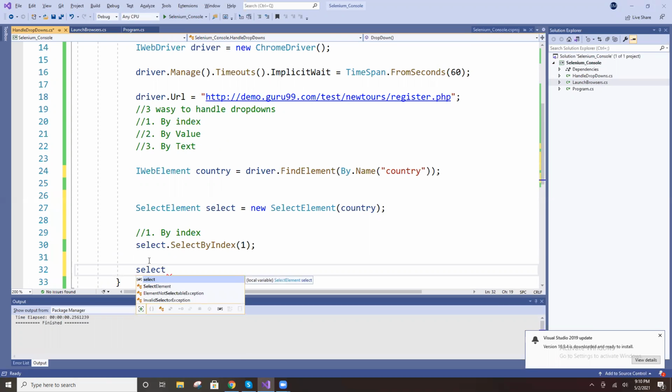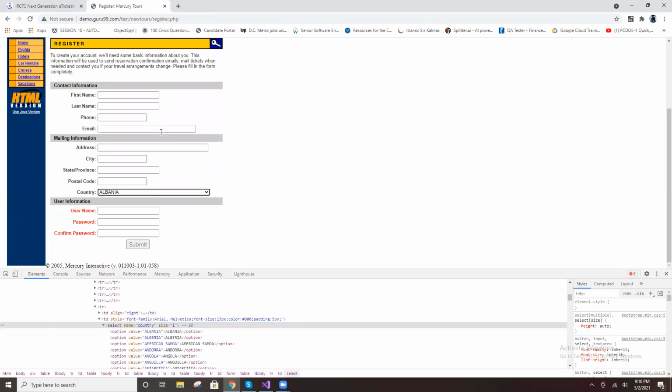Then select by value. See, you observe, right? First of all, is this a drop down or not? How to identify? First of all, you see the tag is select. Under select, options are available, then only that is a drop down. Otherwise, that is not a drop down.